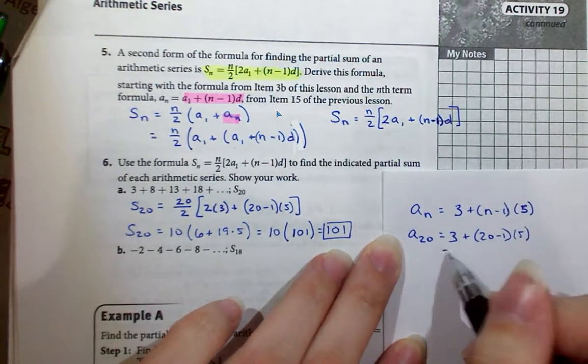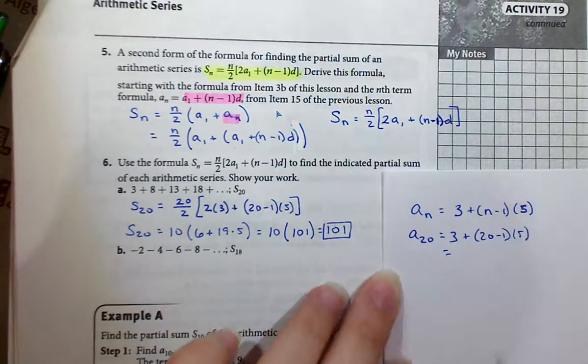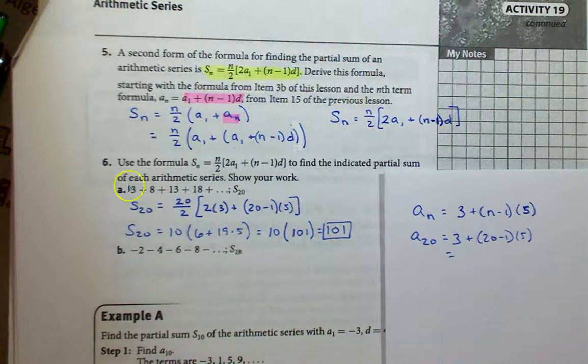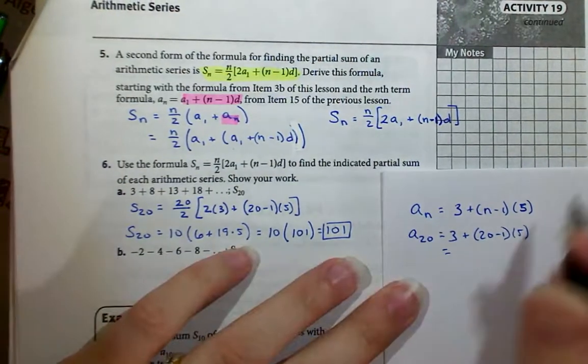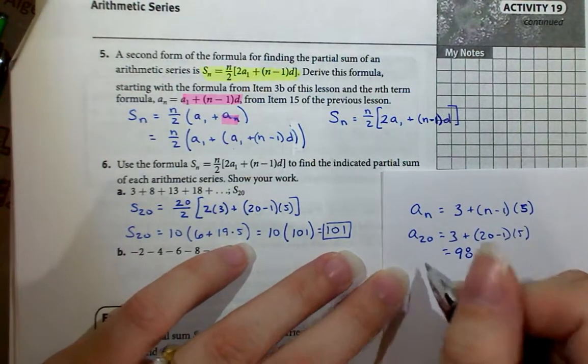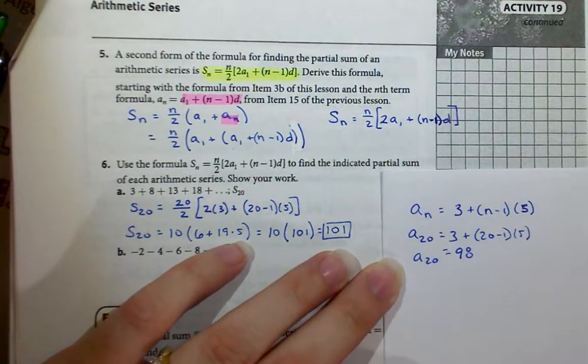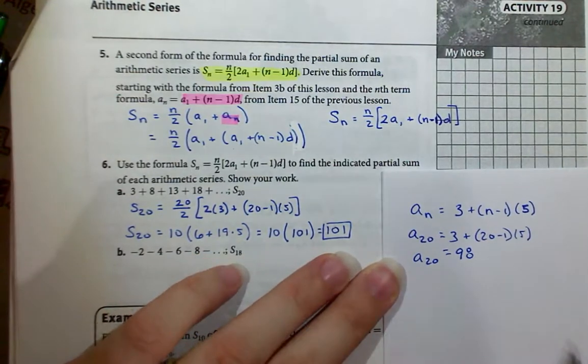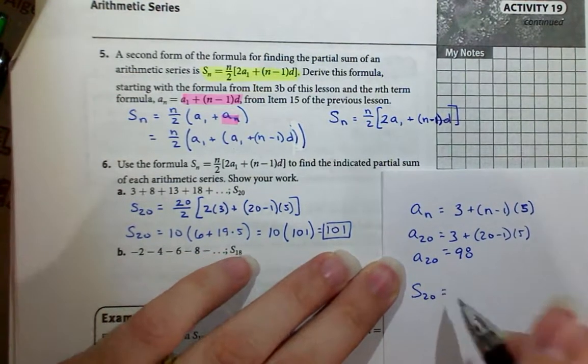So that would be, let's see, 19 times 5 plus 3. So 19 plus 5 should be 98. Sorry if I cut out right there. I did some little weird thing with my computer there. So we can see the 20th term is 98, and then you could figure out your partial sum by saying,